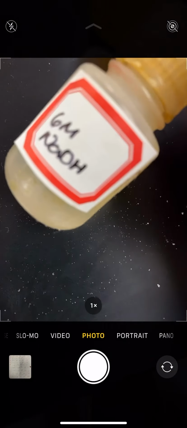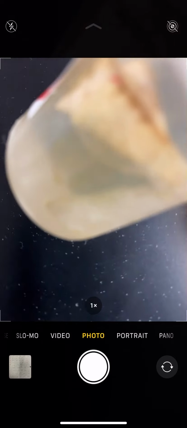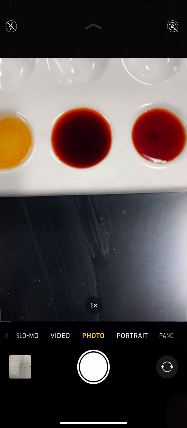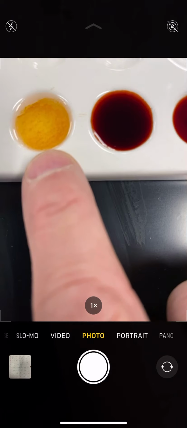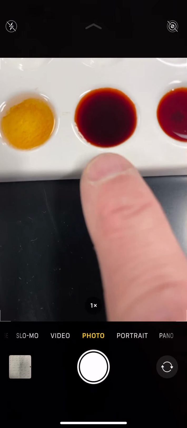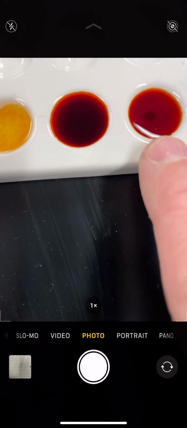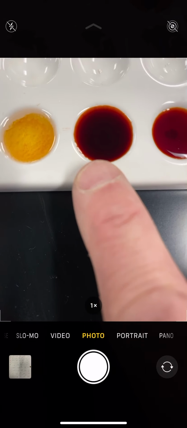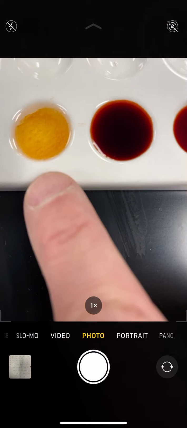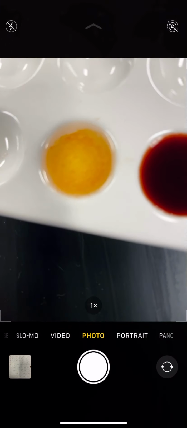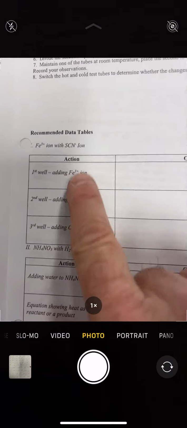Well, NaOH binds to the iron. NaOH has no color. It looks like water. But what happens is it shifts it to this color. So the one on the far left here is after adding the NaOH. This is the original, this is adding more iron nitrate, and this is adding NaOH. So you're supposed to write down your observations on the data page, which is here, what happened in each one